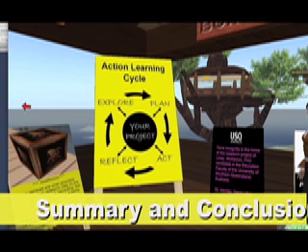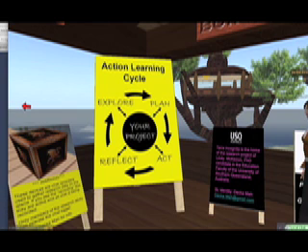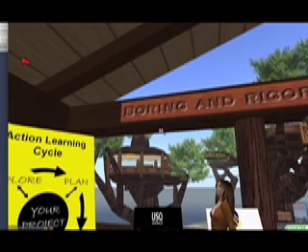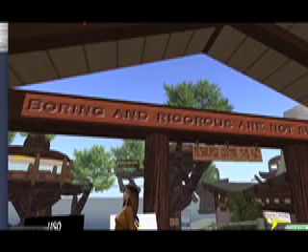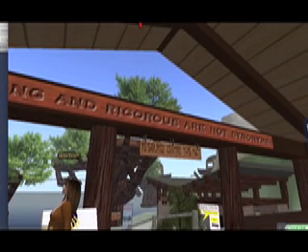Introduction to the Action Research Project. What's interesting is even action research has come to Second Life. This was a project developed by a doctoral student from Australia, and you can see right when you come to her island, here's the cycle that we've discussed as the core and the framework for the action research project. But a few other things are reinforced in this area. She has it posted on her orientation wall here, that boring and rigorous are not synonyms.